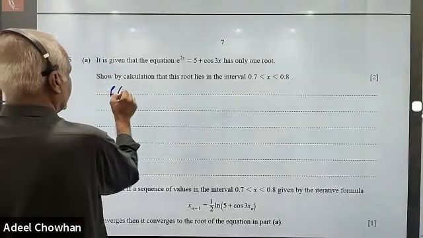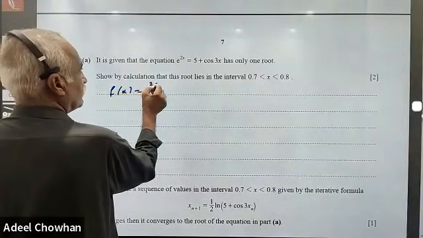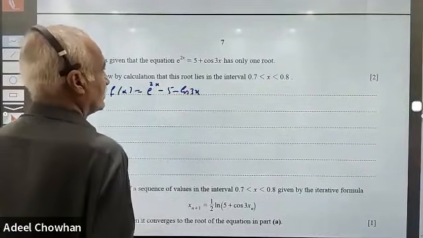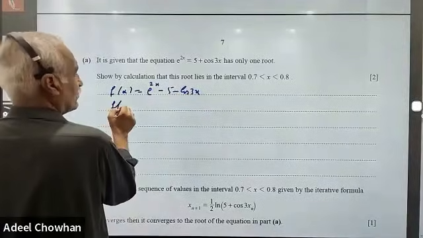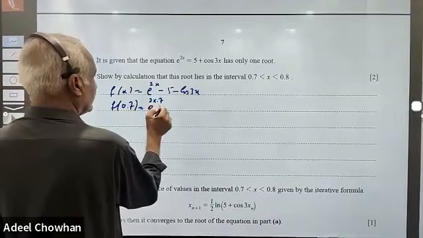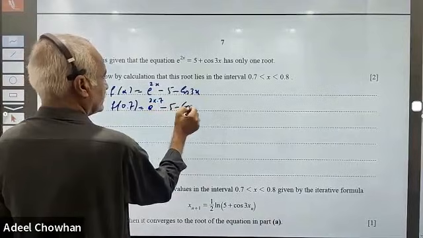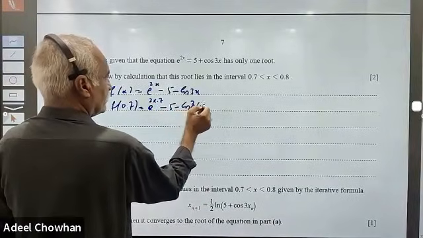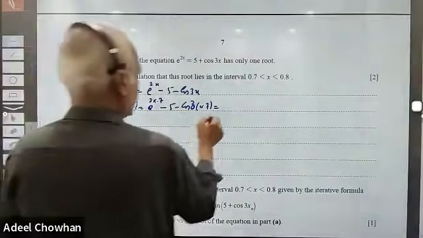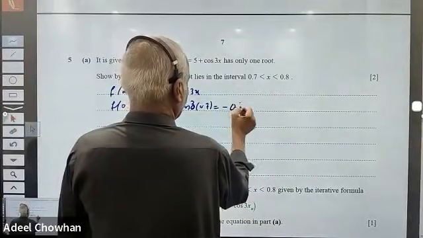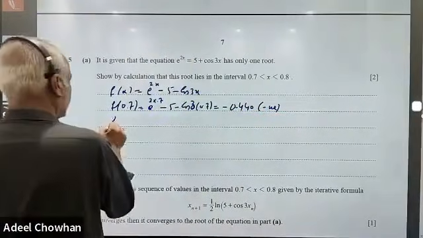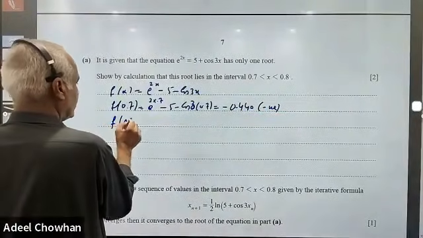So we can write this as f(x) = e^(2x) - 5 - cos 3x. So f(0.7) = e^(2×0.7) - 5 - cos(3×0.7), and that value is negative. So f of the other value, 0.8,